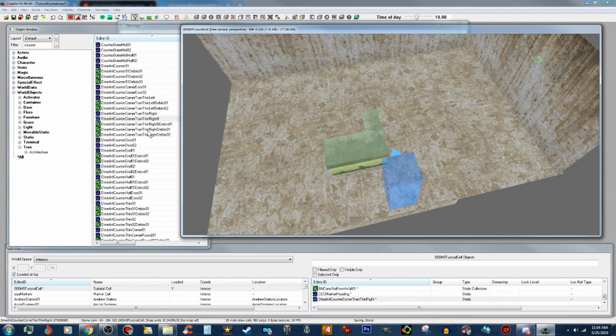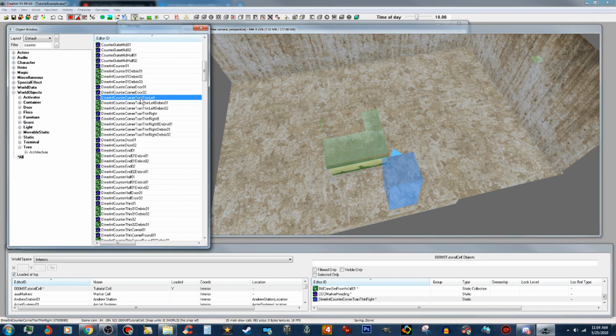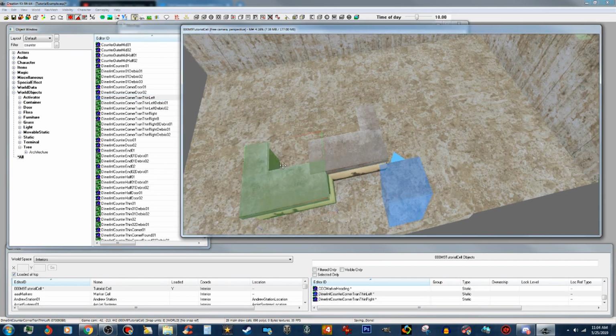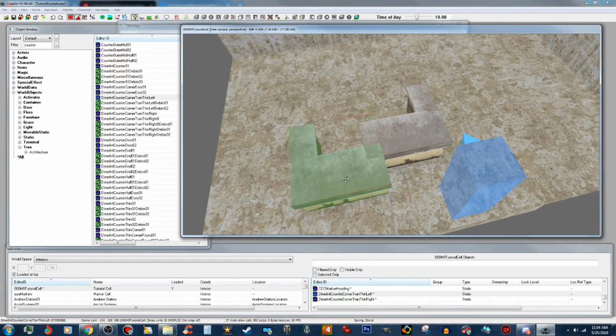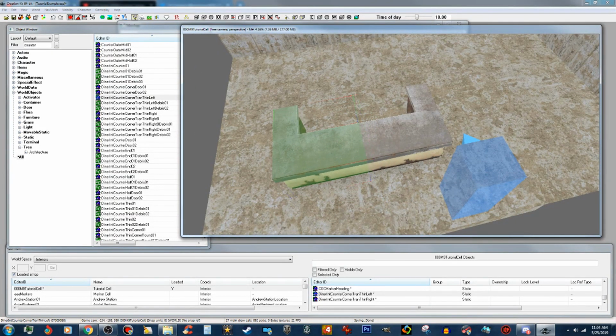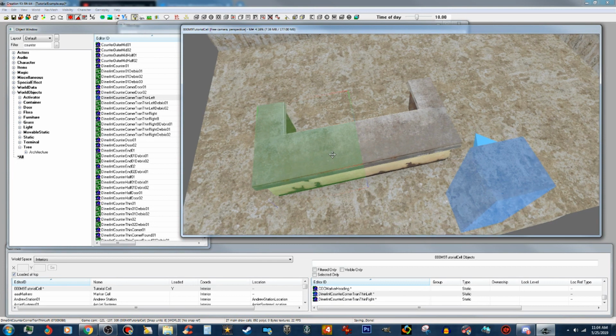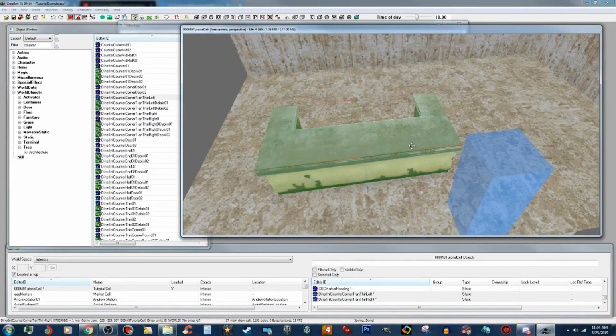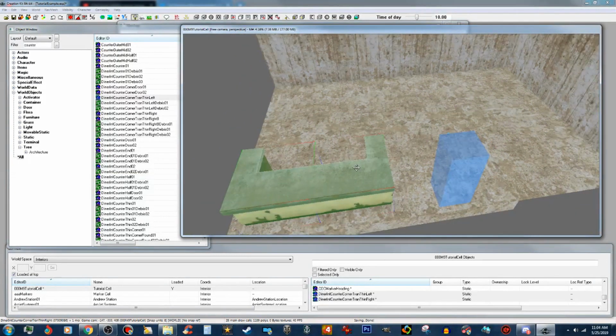And I need trans thin left. I believe that's the one I need. Yes, sir. Now I'm going to go ahead and fit those together. Good enough. And for right now, I'm going to move that to the side because